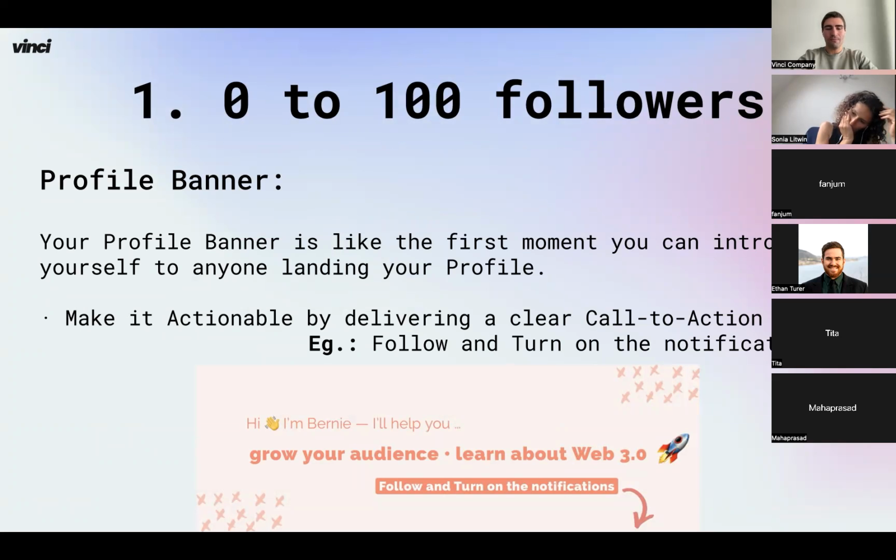So once again, as I've mentioned, this is like the user interface. So just having a cool CTA is, I think, a good way to have it. But as Sonia has mentioned also,